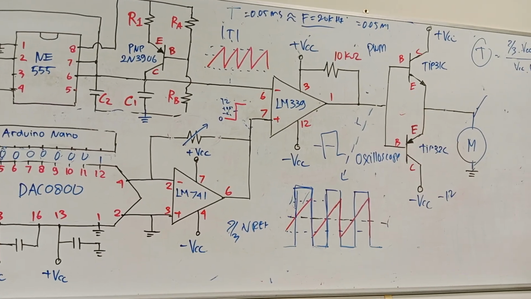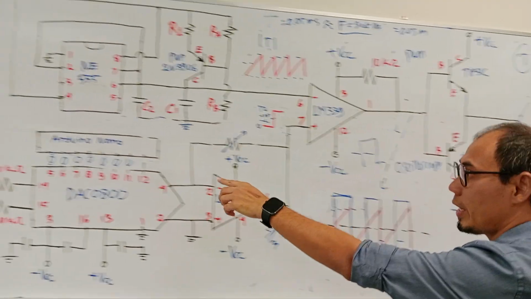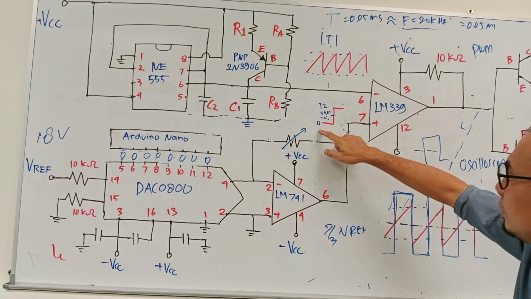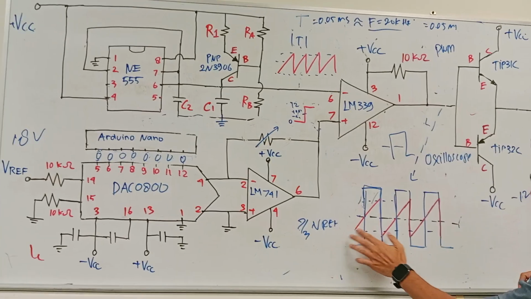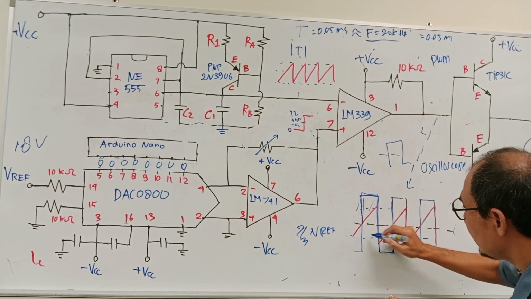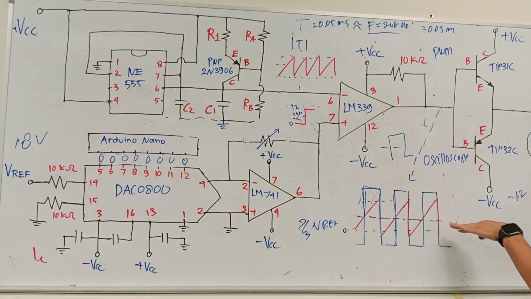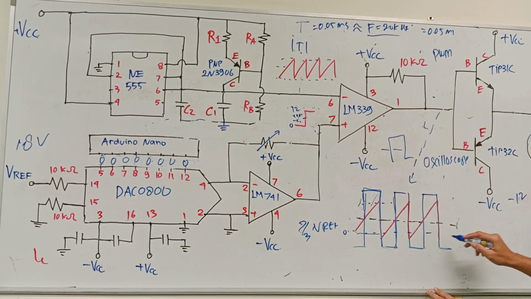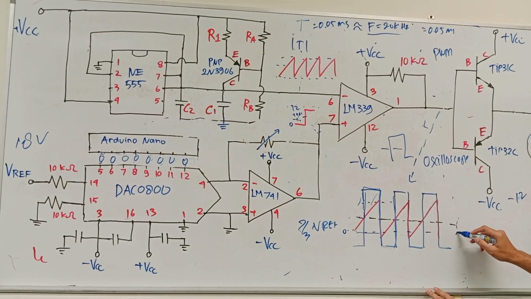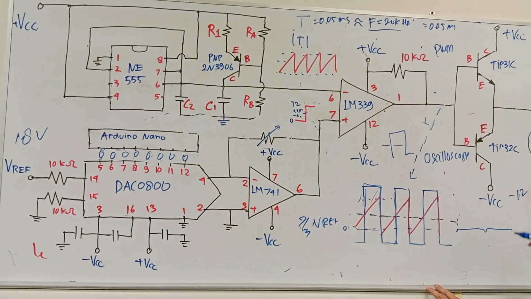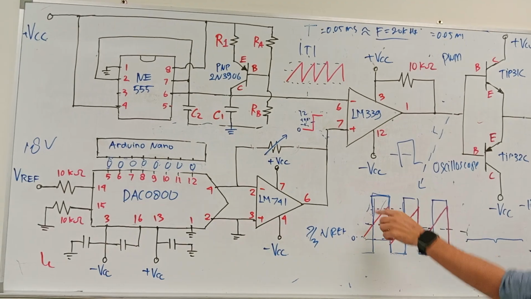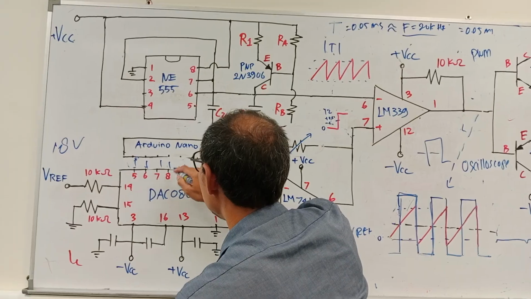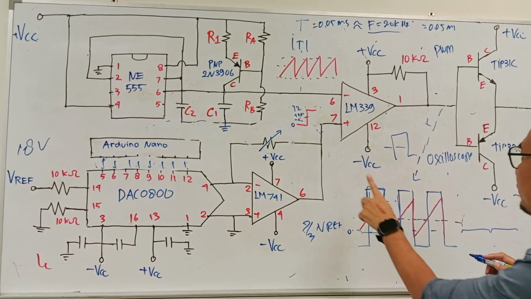For example, again, I give you a sample of 1 or 0. If all 0s, as I explained to you, that will be 0 volt, and 0 volt will be at the bottom here. If you combine this flat 0 volt with the sawtooth, you will get here the minimum PWM. If you adjust a little bit, maybe it looks like this, maybe a bit higher. And if you put all 1s here, for example, that is the maximum, you will have a positive maximum.